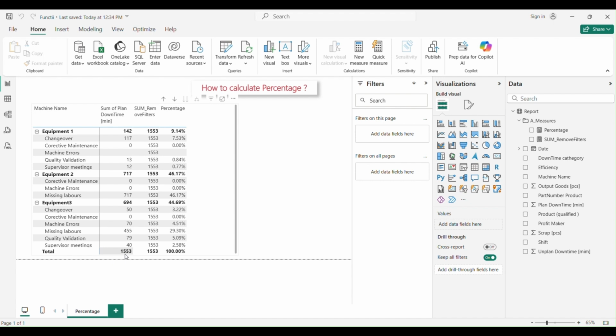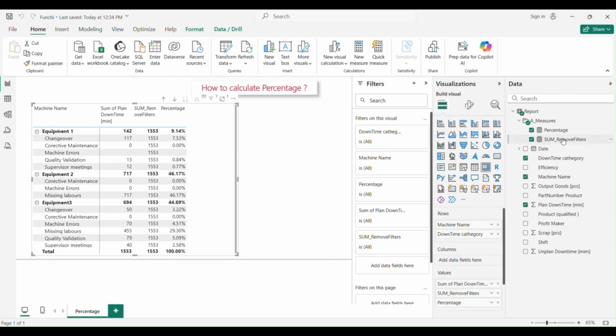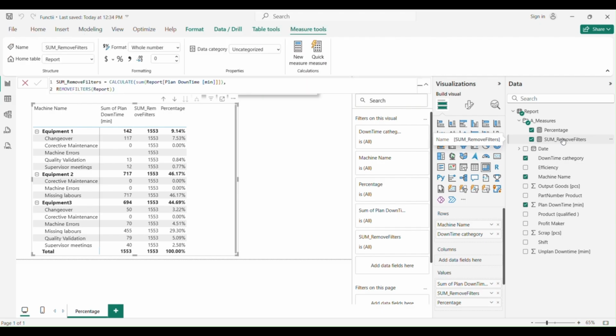1500 minutes. To get that, we need to apply a new step, and we just have to go back here. If we just edit our first measure, we can say like that. Okay, I will keep remove filters from all of my table.